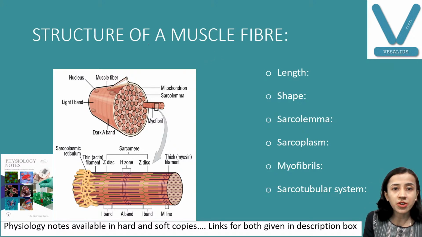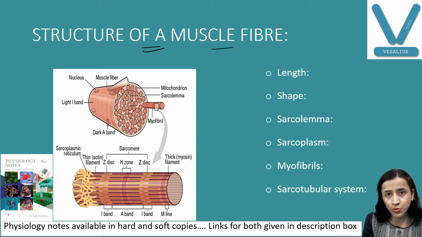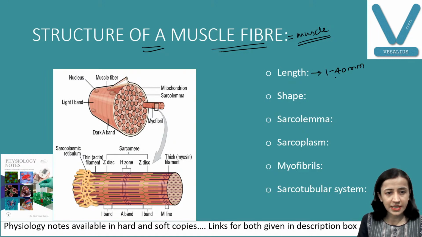So now, structure of a muscle fiber. Now we'll discuss muscle fiber. As I told you, muscle fiber is equal to muscle cell. We will discuss what is the length, what is the shape, what is the diameter. This muscle fiber length is about 1 to 40 millimeter. Try to remember this. So 1 to 40 millimeter is the length, and the shape, as I told you, is cylindrical,